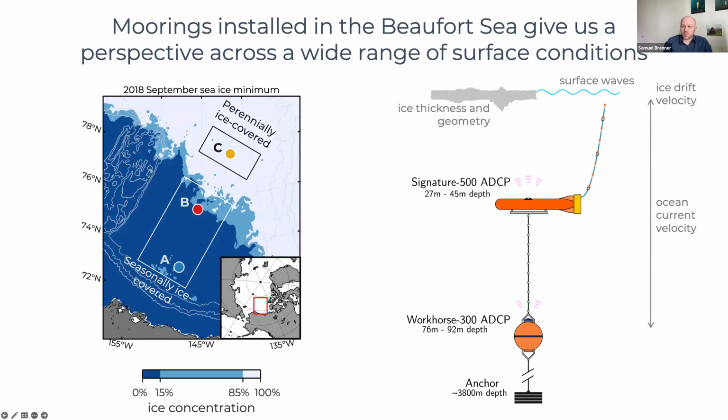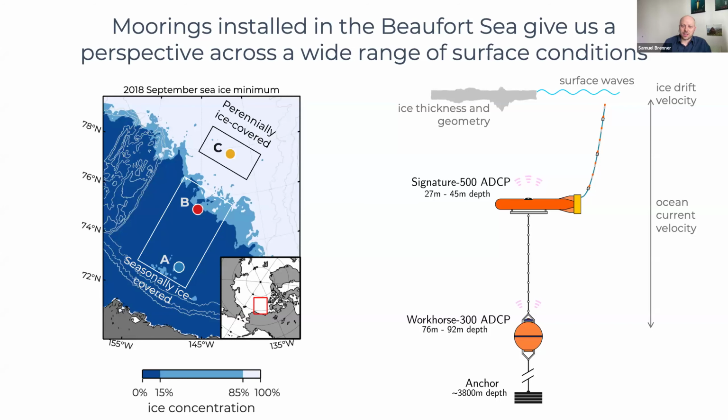Okay, so for the rest of the talk, I'm going to forget about that cyclone, and I'm going to move across the Arctic to the Beaufort Sea in the Western Arctic, this region here. And I'm going to focus on some observations that we made over a one-year period from 2018 to 2019. And there's a whole bunch of different ways that we can measure the ice-ocean boundary layer, and a lot of those different methods have different advantages as well as different challenges.